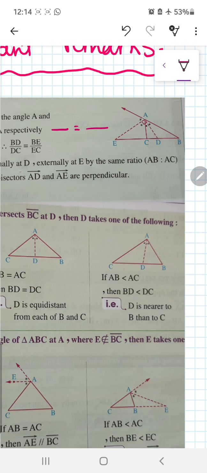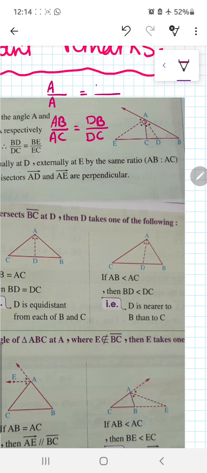As we said, it's called AG, so write A and A, G and G, and the other two letters of the triangle, which are B and C. So here B and C. Here is the ratio from AG, the interior bisector of the triangle. Now, if AE bisects the exterior angle A, we also have a relation.